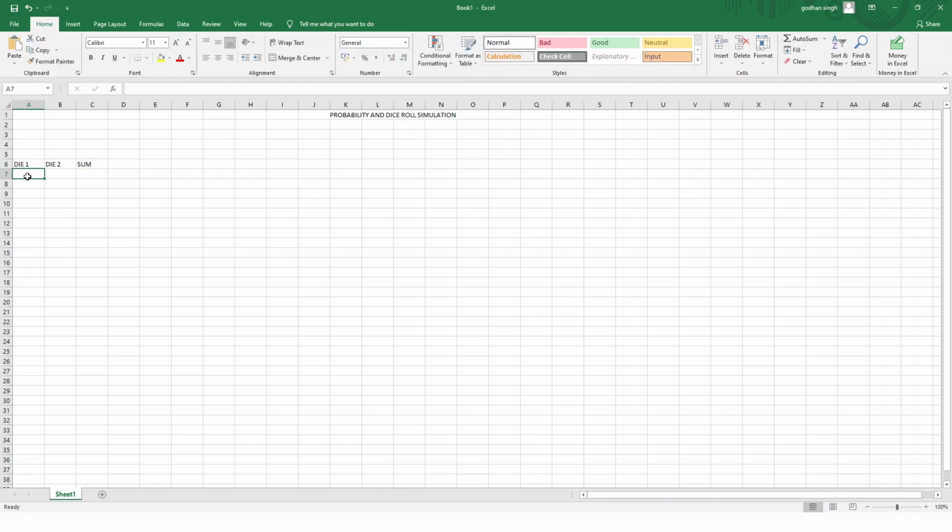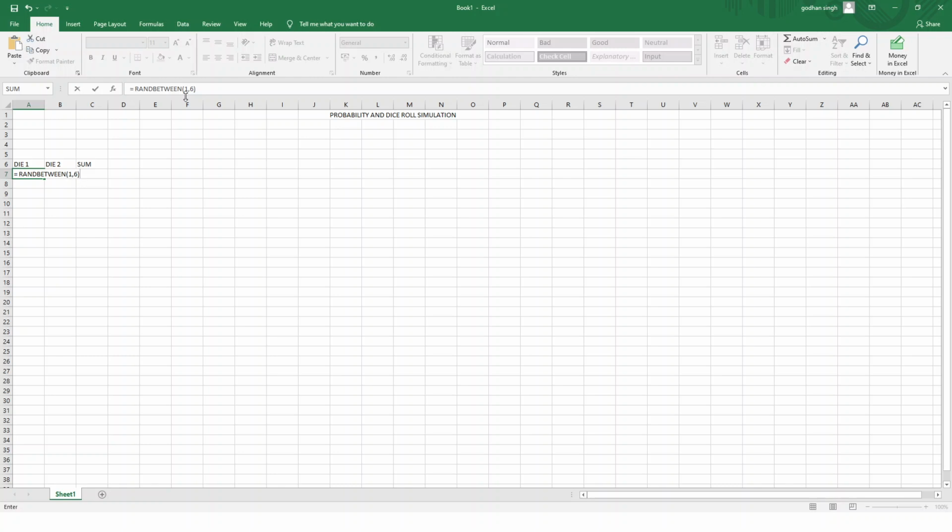So for this we'll use the RANDBETWEEN function. So right here, below die 1, equal to R, A, N, D. When we write that, the functions which will be there are RAND and RANDBETWEEN. So click on RANDBETWEEN two times and then write 1 comma 6. Close the bracket and press enter. And see here, RANDBETWEEN 1 to 6 will give all the numbers from 1 to 6,